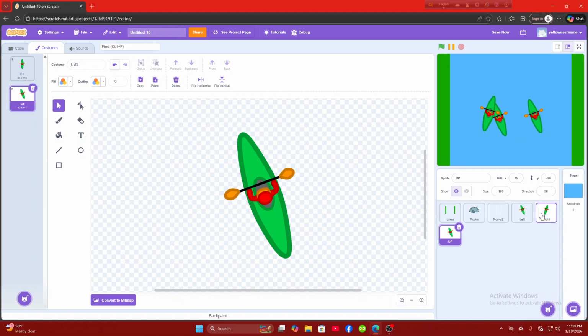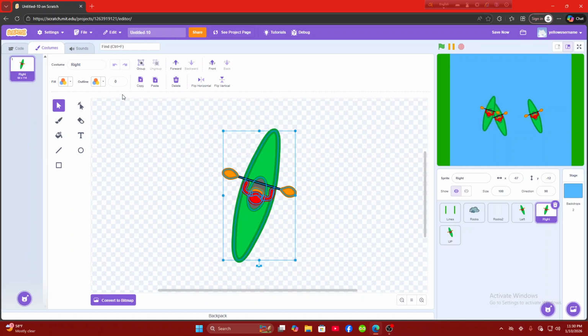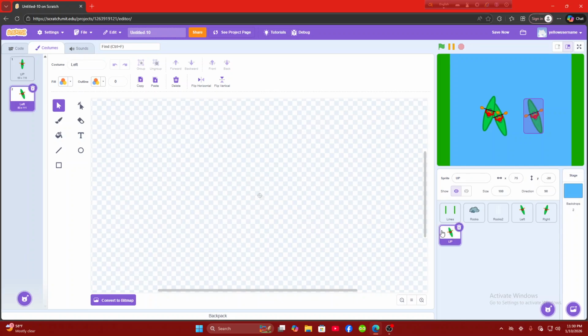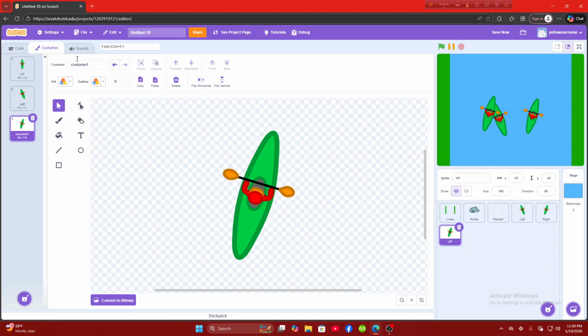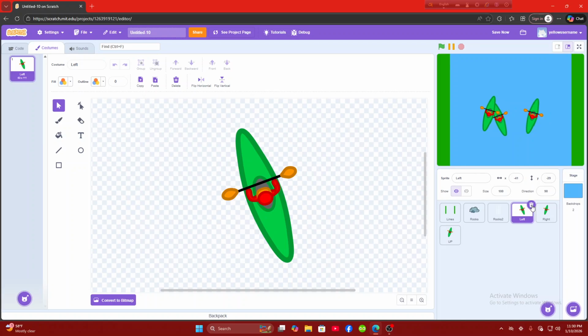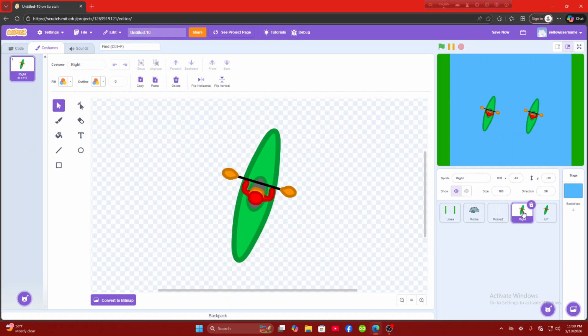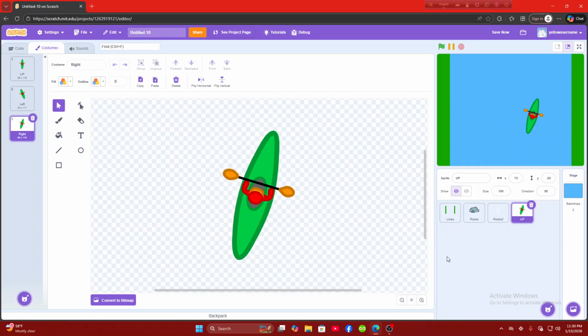Now similarly, let's go to right, select everything, then copy this. Let's go here in the up, paint another sprite, then paste this. Okay, now name the right sprite, I mean we'll just write right. Why is this confusing? So just type in right. Now as you can see, we have all the three, so it's okay to delete left, yes, and right, yes,